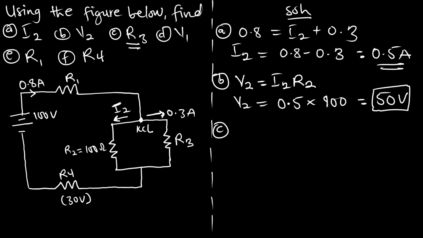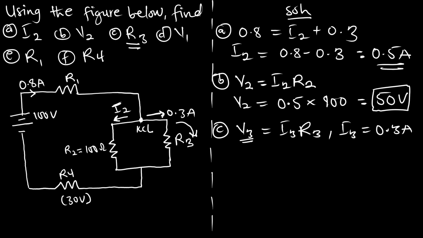We can get R3 from the expression V3 equals I3 multiplying R3, right? We know I3, which is 0.3 amperes, the current moving through the third resistor. Do we know the V3? No, we don't know. But yes, we also know